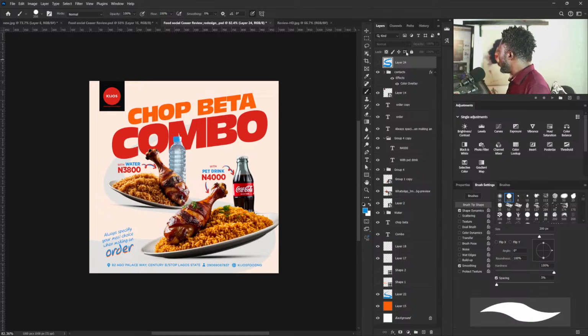Godwin is saying, please, sir, what inspired the colors of the second design? All right, the second design. Good. So, what inspired this color is the color on the food. All right, the color on the food, and also the understanding of how to play with